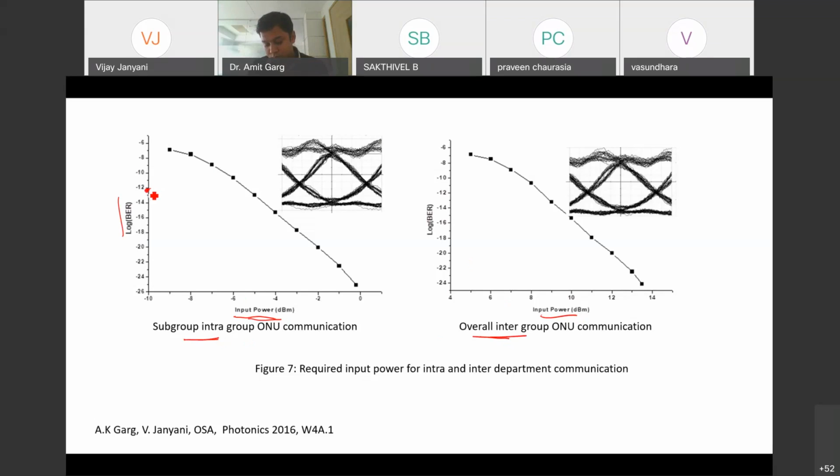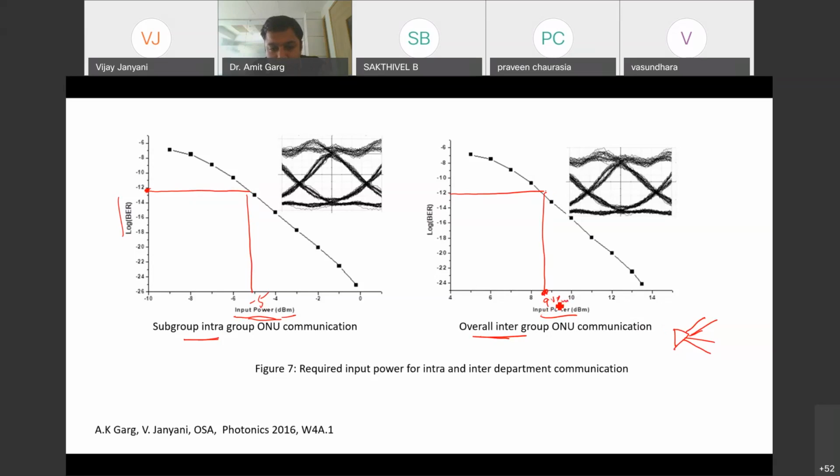For minus 12, you have to supply a minimum input power of around minus 5 dBm, whereas for the same bit error rate, much higher power is required, because you need a very huge number of outputs in the single splitter. So with 1 RN, you have this much power, around 9 dBm.